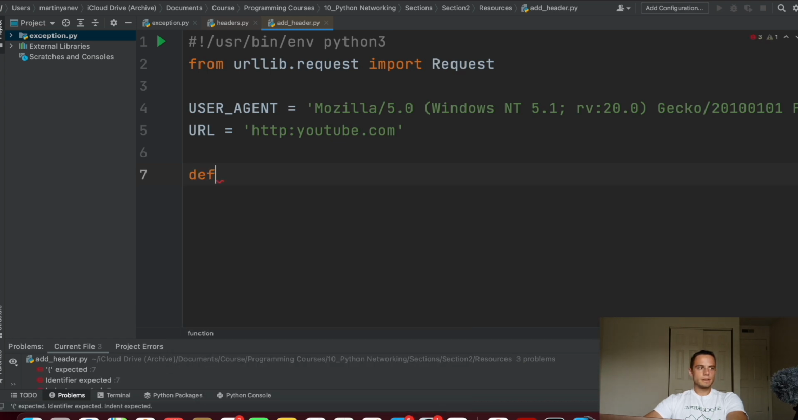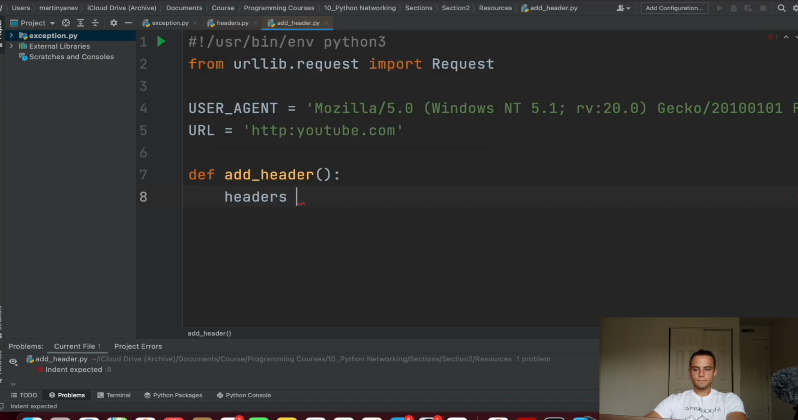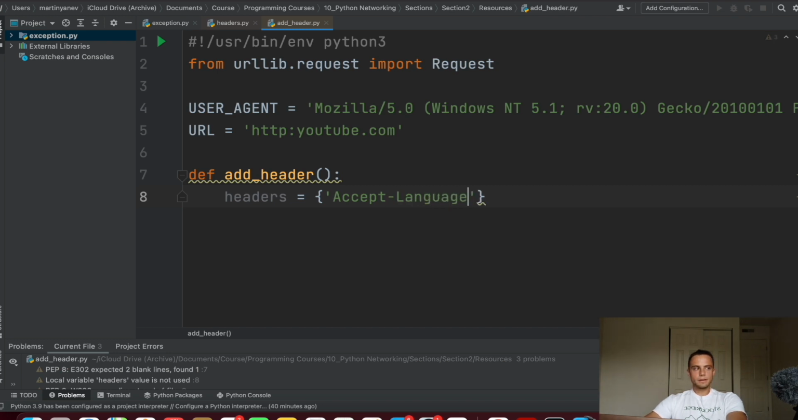So let's write def add_header, and this will be our main function. Let me add an underscore here, that's it. Okay, so let's create a variable. This will be called headers equals Accept-Language,